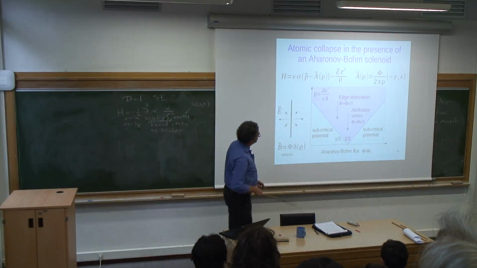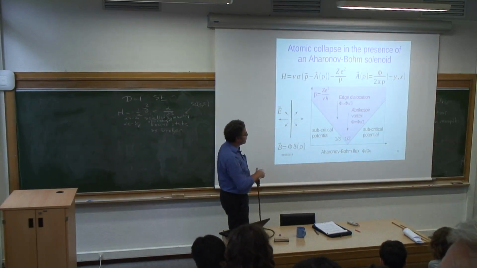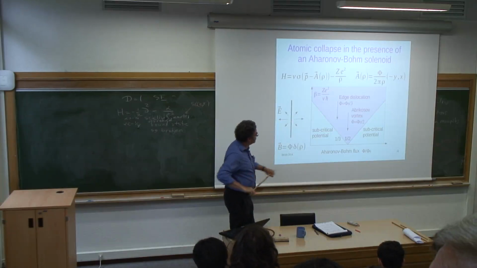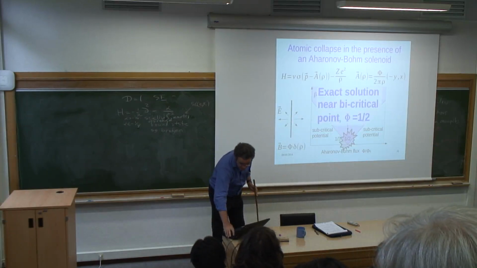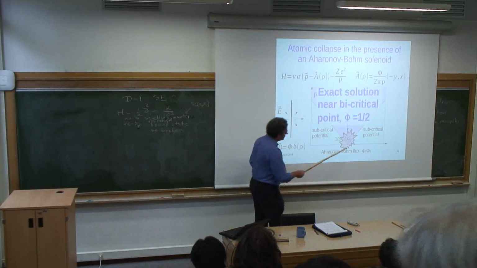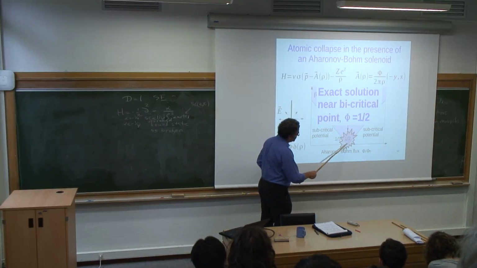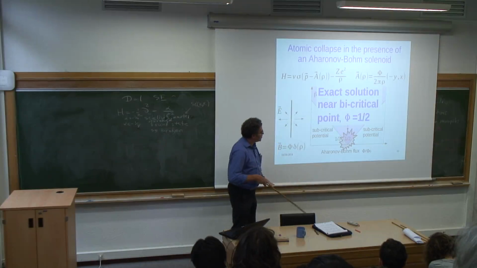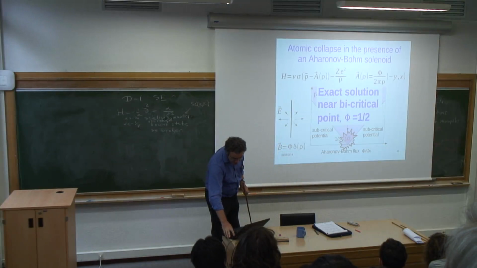So with this, in this way, one can in principle push the threshold for collapse down to very low values or even zero value. And then that creates something like a bicritical point where you have the collapse boundary going through zero coupling, and then not surprisingly, you can treat exactly that bicritical point,